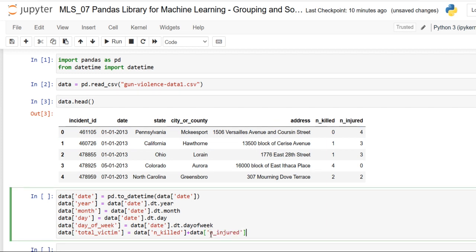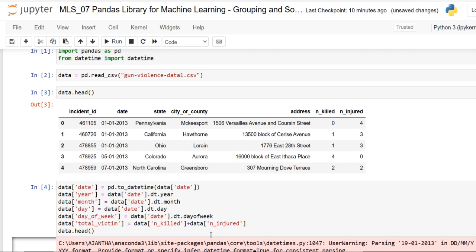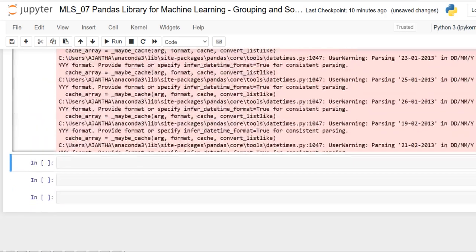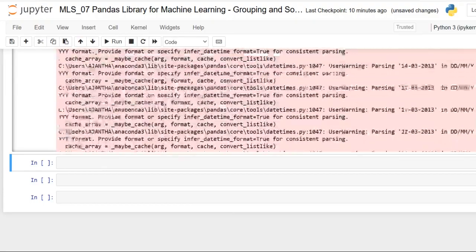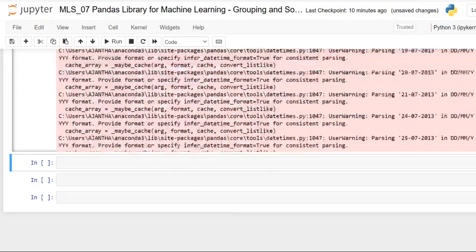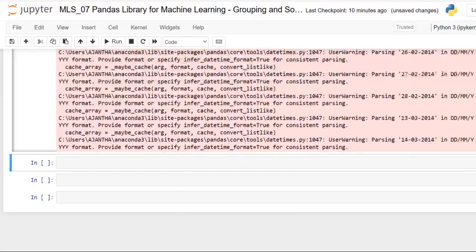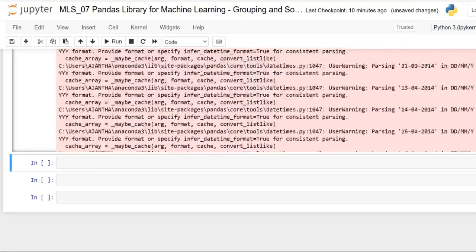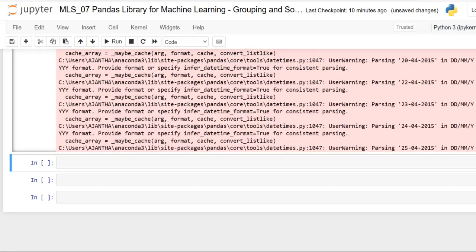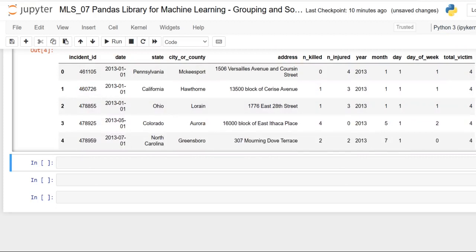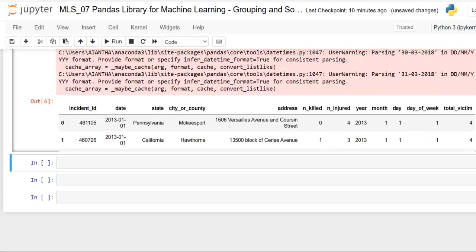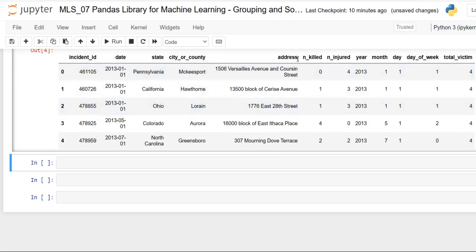Okay, so now let me just have a look at our new data frame. On just viewing, we just have some warnings related to the formats. Sometimes this also happens. So if you exclude the warnings, surely it would be very easy for you to extract the data. And here we just get the exact values. So year is 2013, month of course